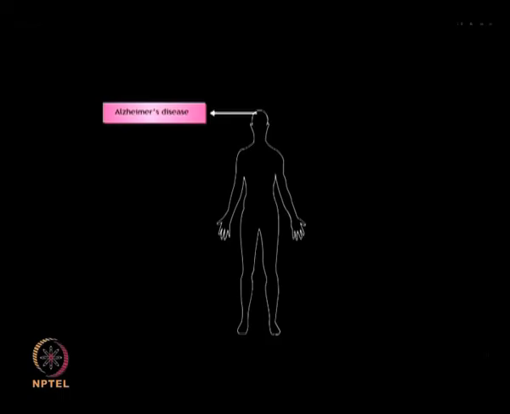The neurotoxicity is believed to be caused by the amyloid fibrils before they get deposited as amyloid plaques. This disease presents various symptoms such as memory loss, decreased neuromuscular coordination, confusion and dementia.